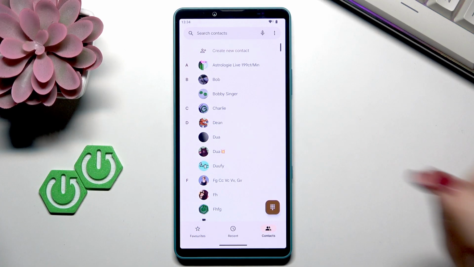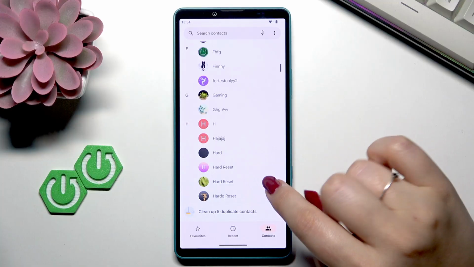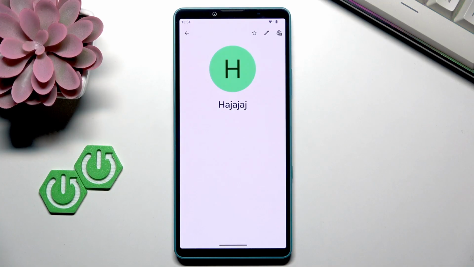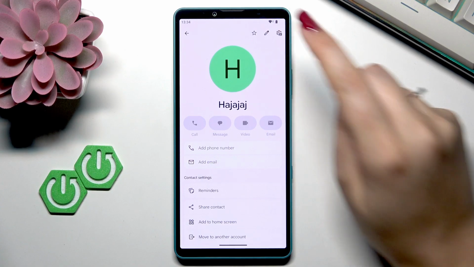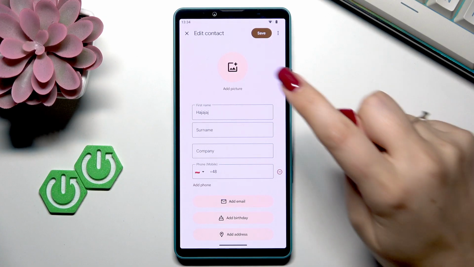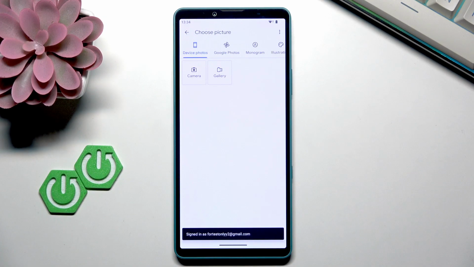It's completely up to you. And then let's find the contact which you wish to edit and then tap on it. And now we have to simply tap on this edit icon in the right upper corner, so the pencil icon. Now let's tap on add picture,